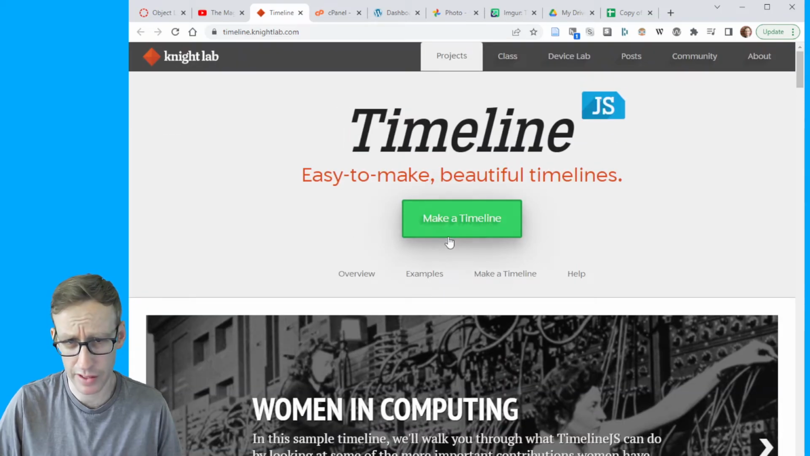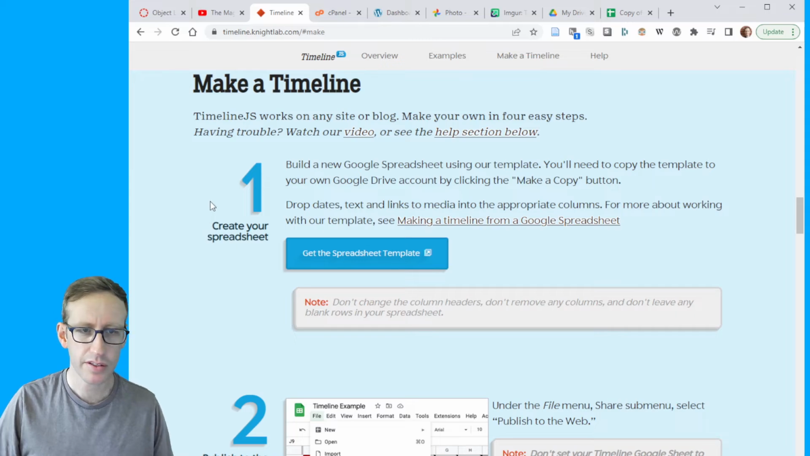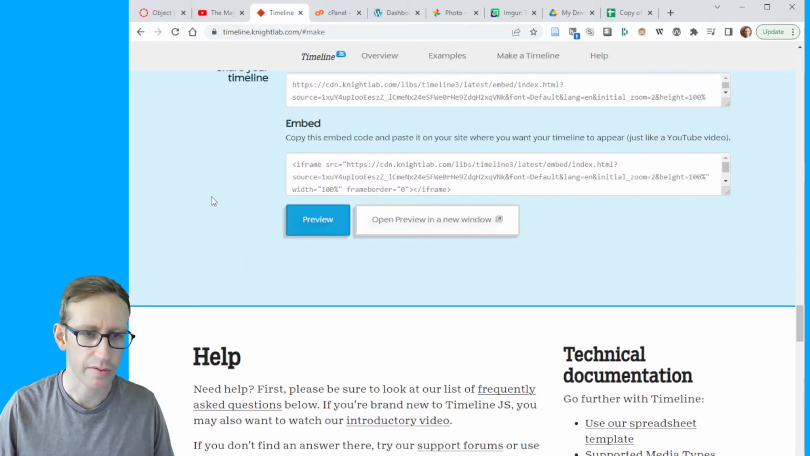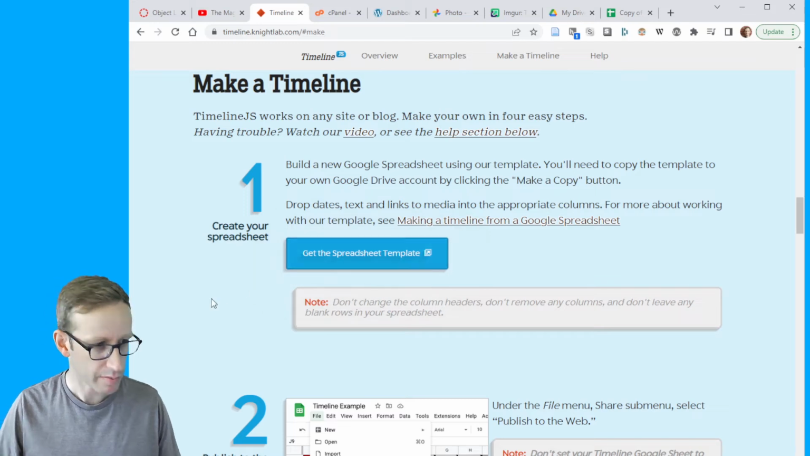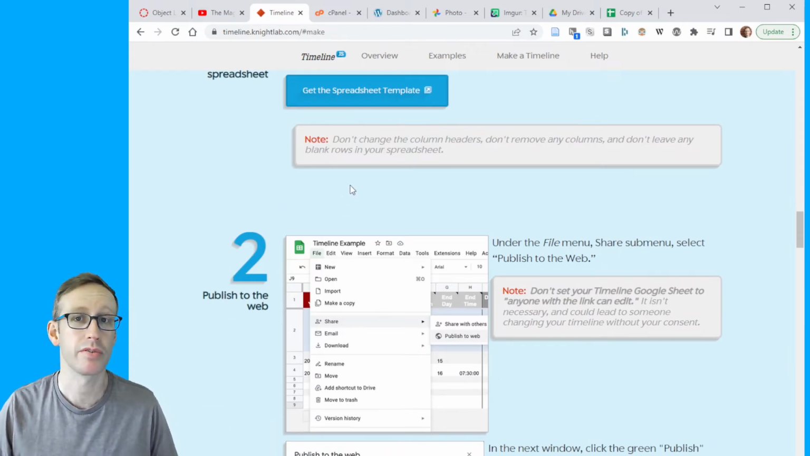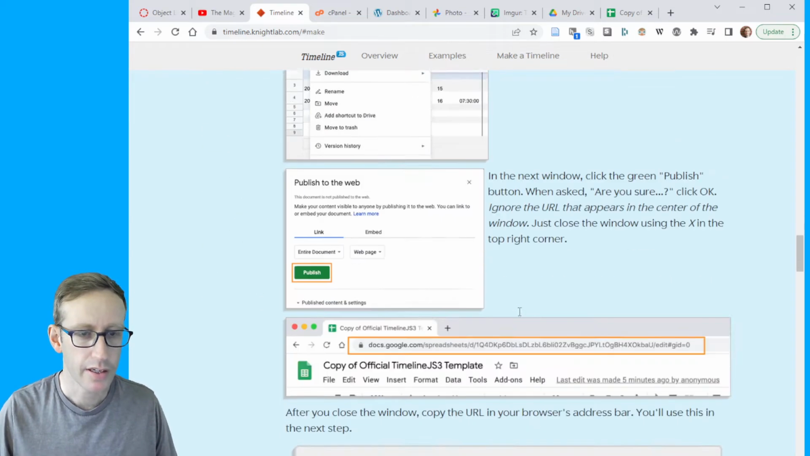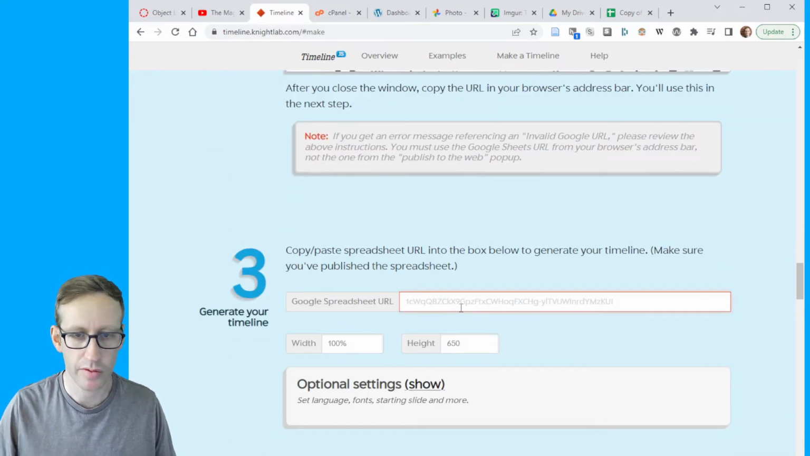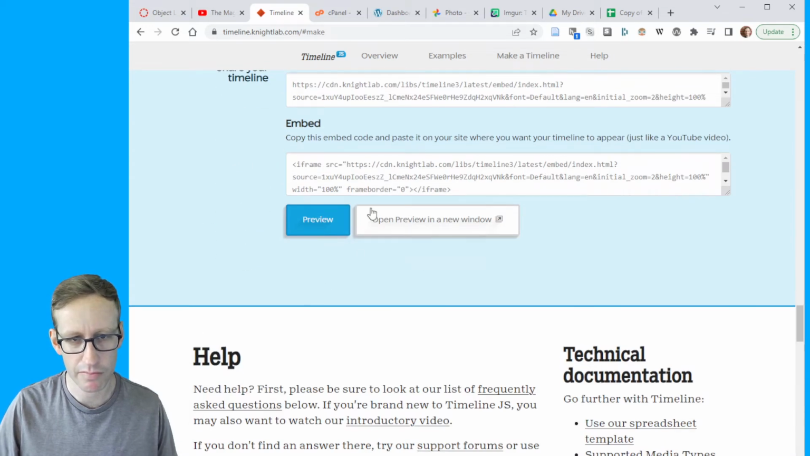The easiest thing, though, is to just go straight to the make a timeline section. As you can see, there are four steps. First, you make a copy of their template. You then publish it to the web, which is what's going to make it possible for other people to access this and also for you to render it as a timeline. You can't even render it as a timeline until you publish it to the web, so make sure you do that. And then copy and paste the URL here,